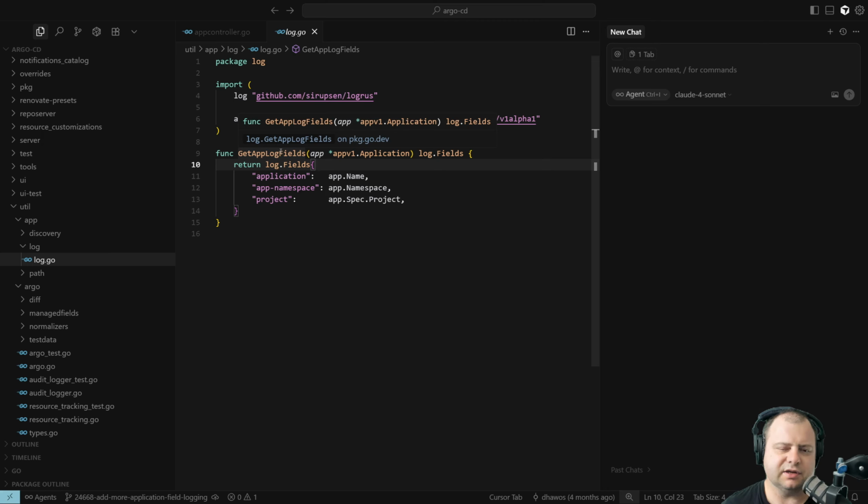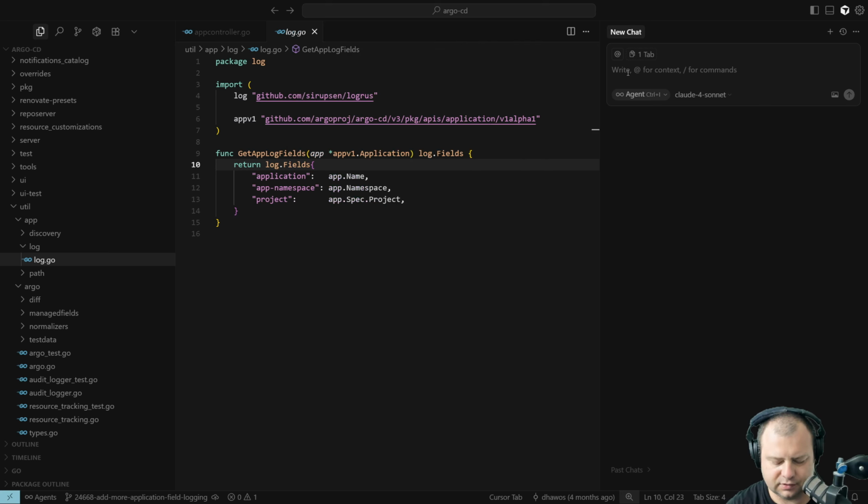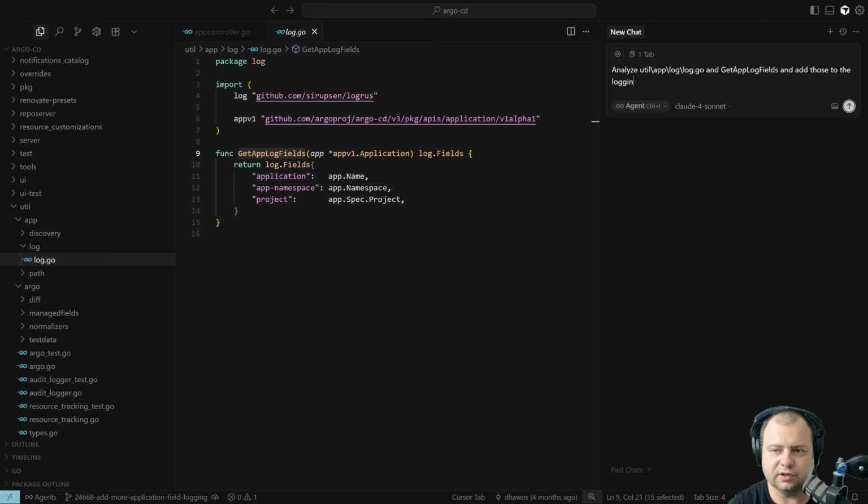I haven't pre-run the commands starting from this specific file. I tried to play just a little bit starting from a different file. But let's see how it goes. So you can tell it: analyze and add those to the log fields where they are not added yet, and